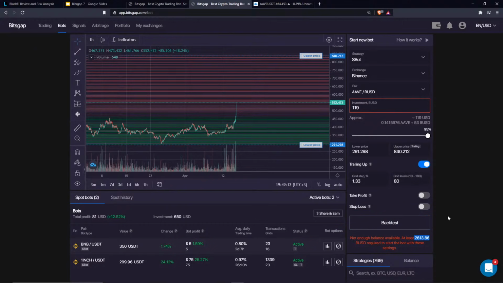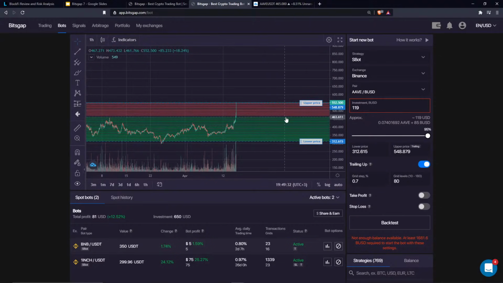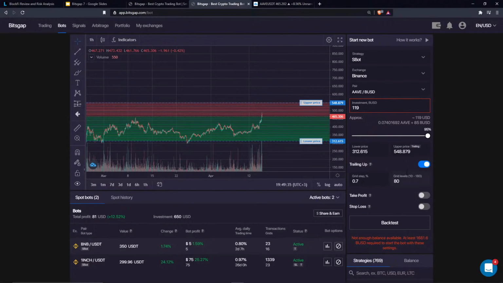And in this case, that's actually 2,600 BUSD required to launch this bot with these settings, okay? To maintain this target margin optimal for you. So if you want to launch the bot for a short-term perspective, then narrow down your trading range. It's gonna look like this in this case. Here you can plot fewer grid levels to achieve your target margin, okay? So instead of 80, now you have only 40, and that means that you can now have a lower allocation,